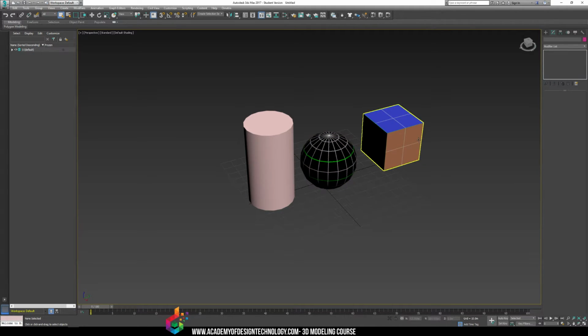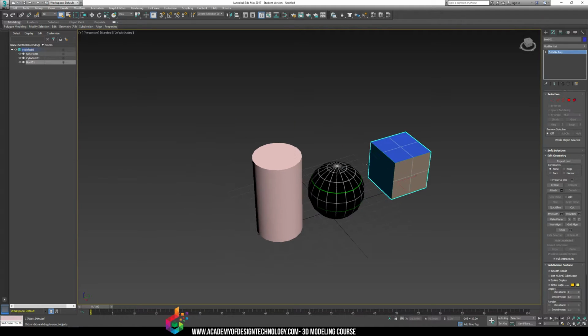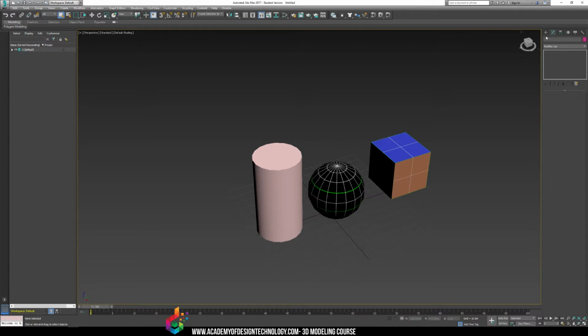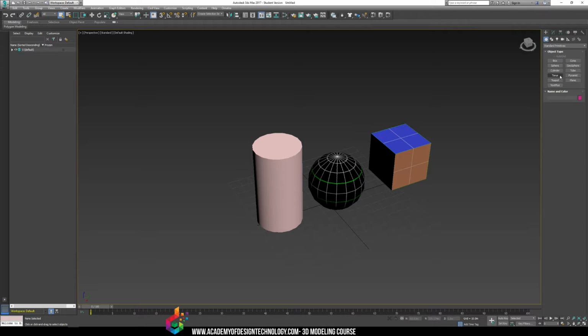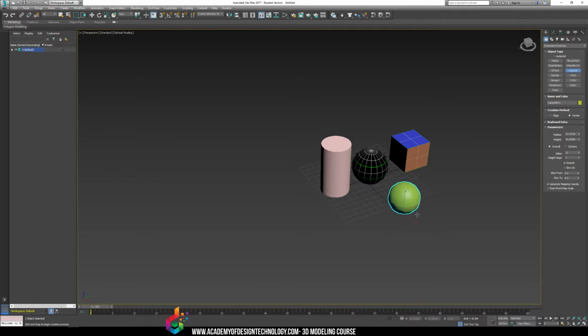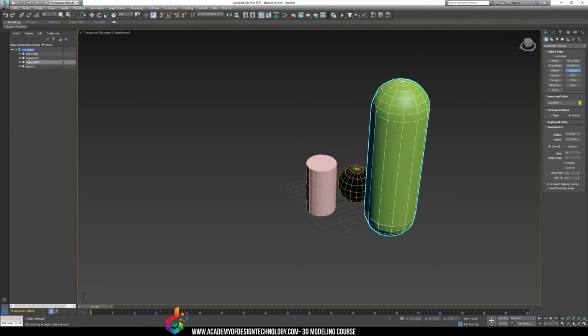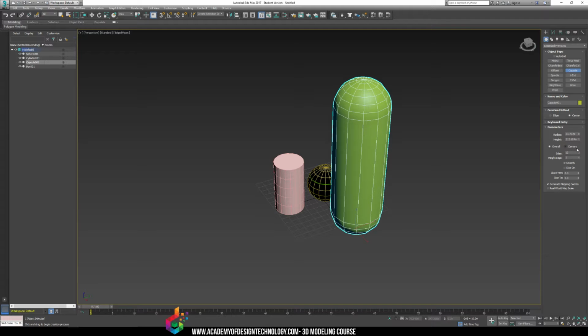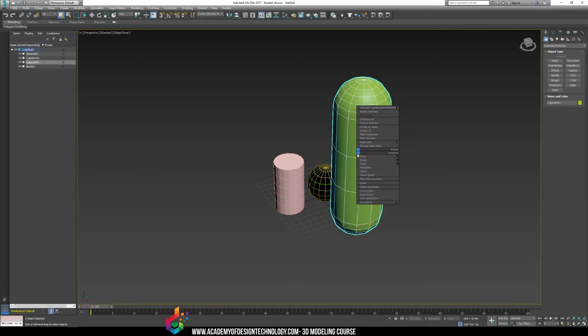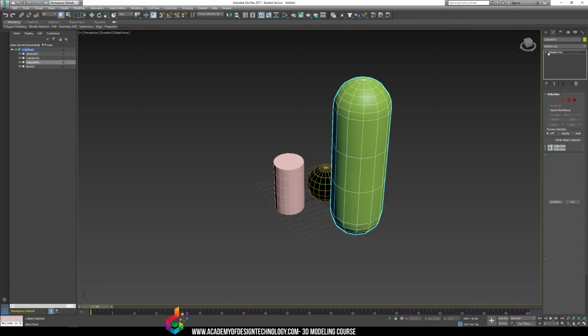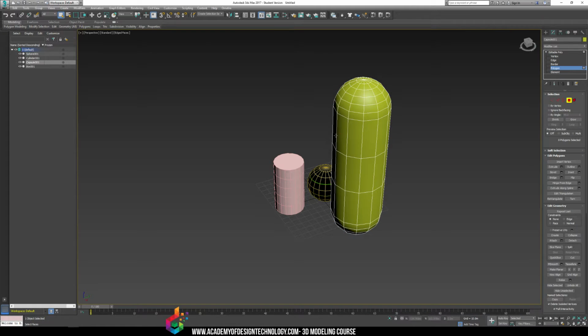Now the other way of doing unwrapping is what's called the peel and seam way. So if I have a more complicated object, let's not do a teapot right now. Let's try a capsule, and we're going to do something unique to the capsule. So let's say I have a capsule like this, pretty low poly, and I'm going to make a couple of height segments here, and I'm going to convert to an edit poly, and I'm going to add a couple of